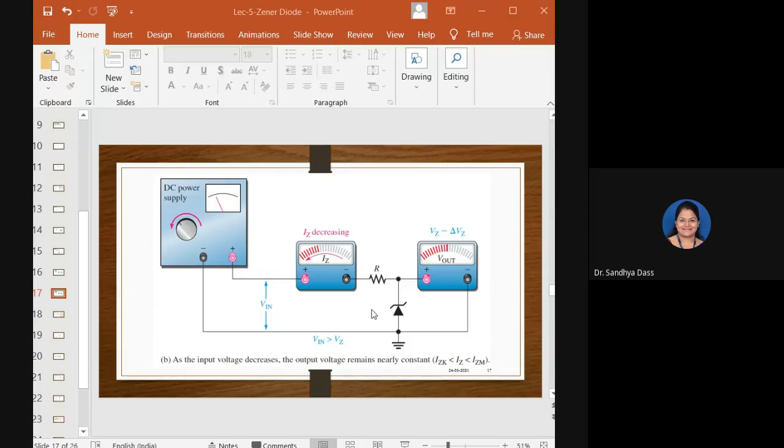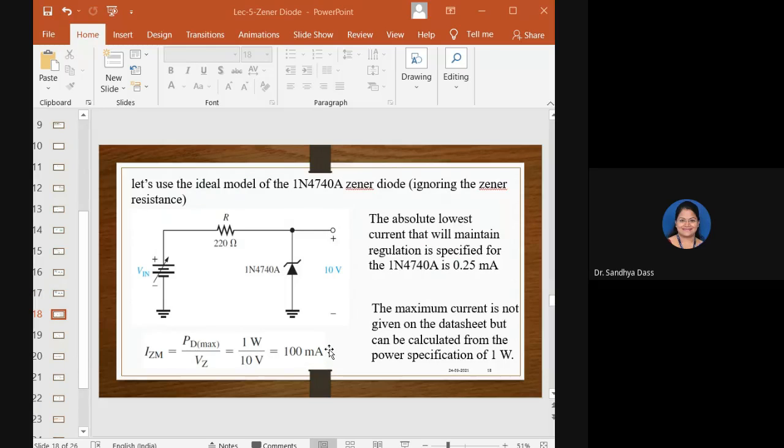I hope you're with me, and this will be quite clear as we solve the example here. Now observe this. To illustrate the regulation part there, consider this ideal model of IN4740A Zener diode as indicated in the circuit here, and ignore the Zener resistance for now, okay? And assume that the absolute lowest current that will maintain regulation is specified there from the data sheet for this particular Zener diode, and say